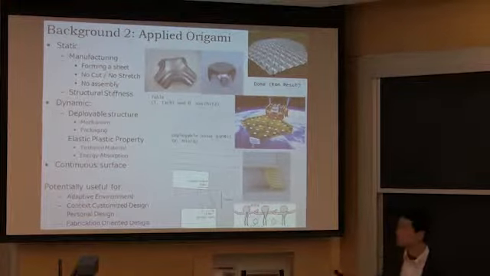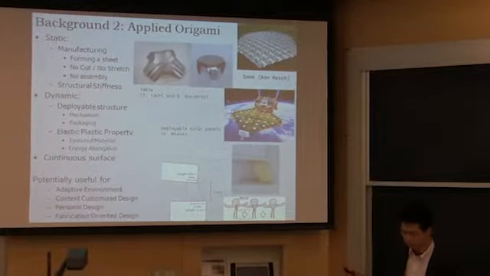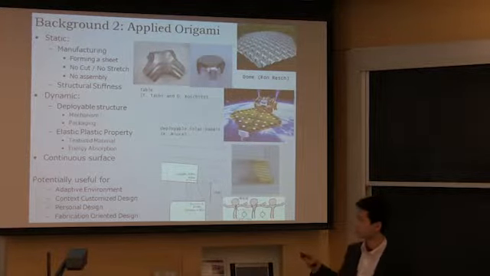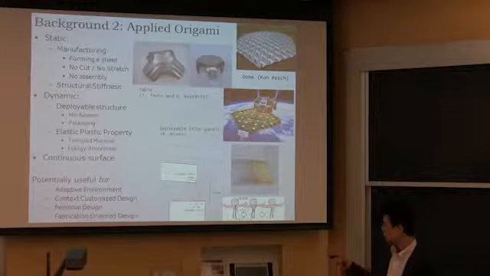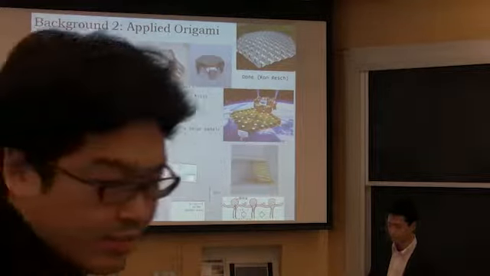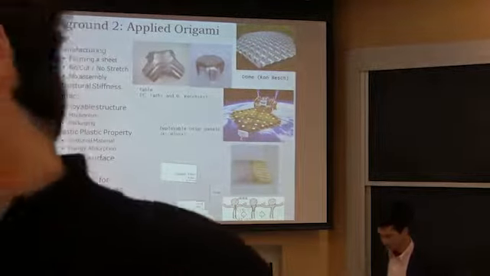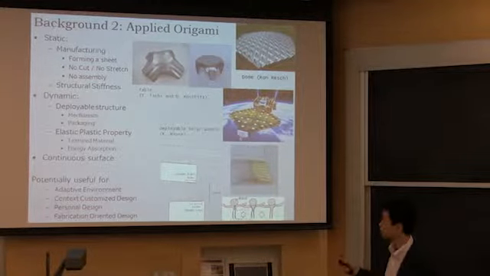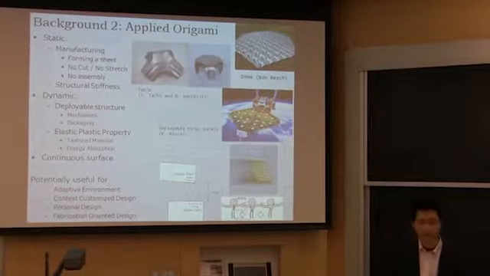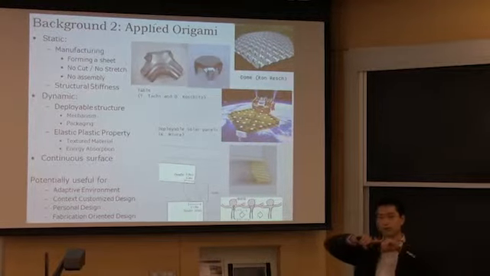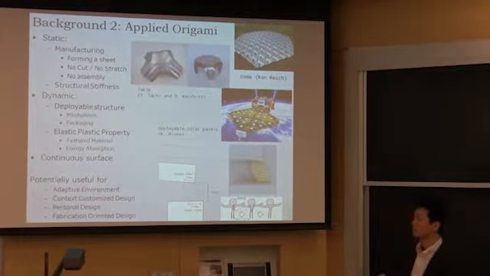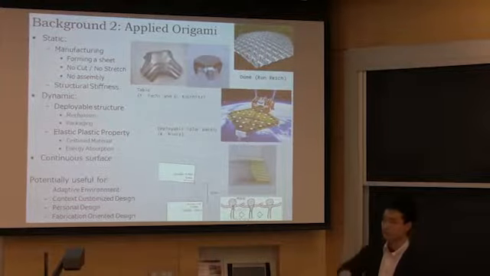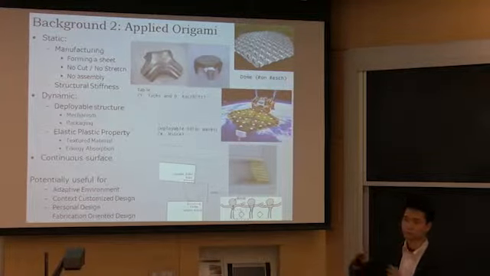We can use the dynamic property of origami for deployable structures, such as the folding of solar panels used for special structures. And the good thing about origami is that, unlike the truss structure or scissors structure, you can form basically a continuous surface, and that continuity is preserved all the way